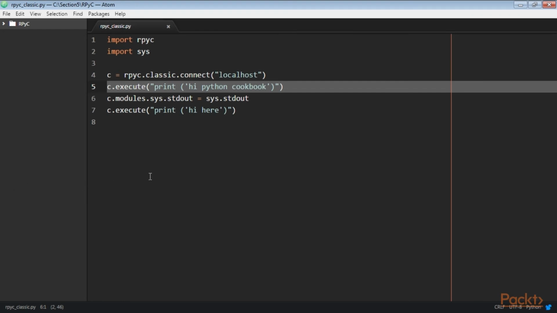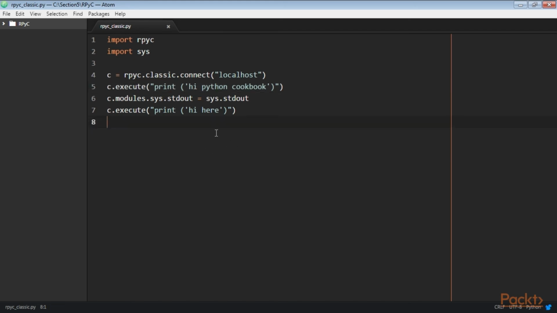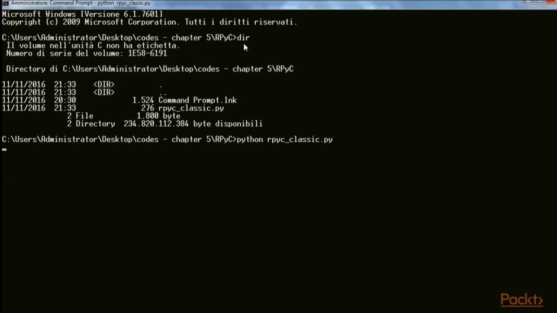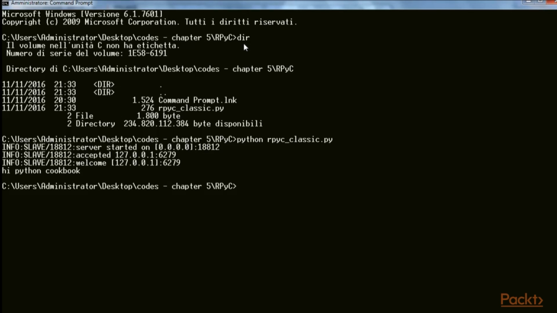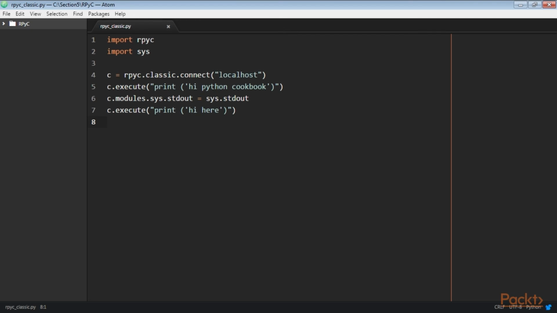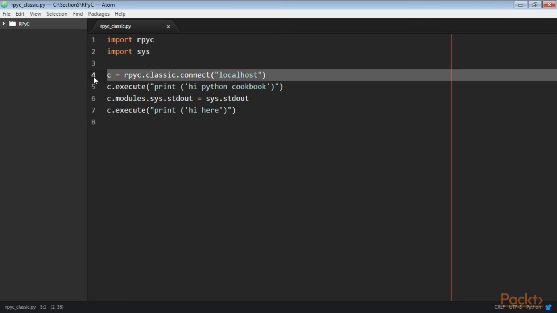We're now ready for the first example that shows you how to redirect stdout of a remote process. This is the code used. By running this script, you'll see the redirected output on the server side as shown. The first step is to run a client that connects to the server. This is the command used. Here, the client-side statement